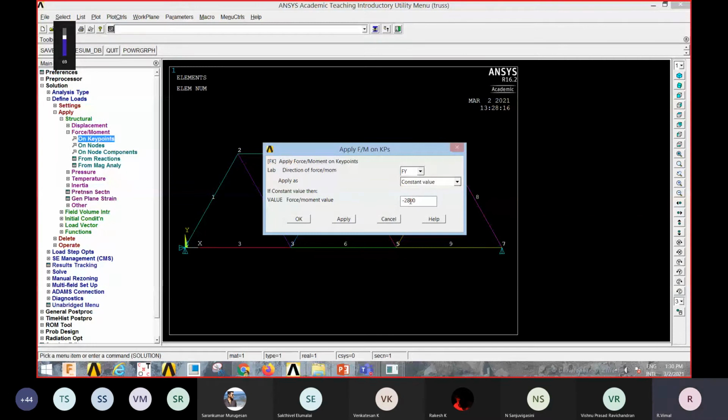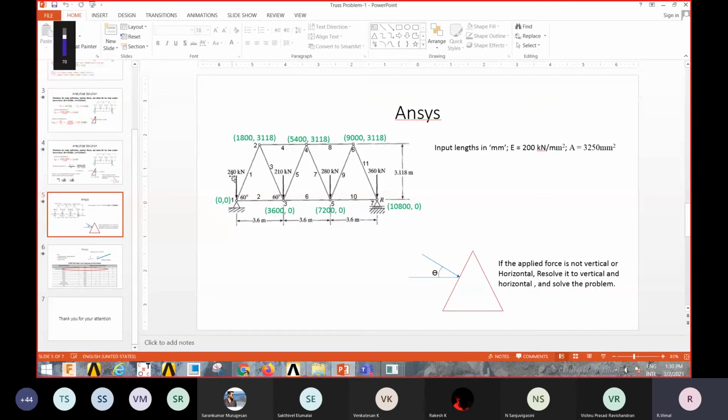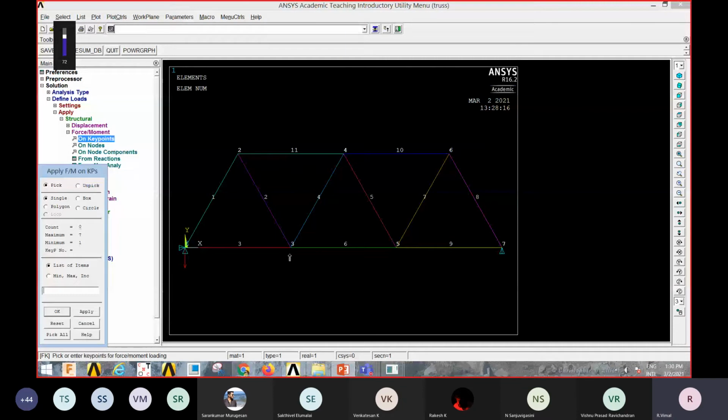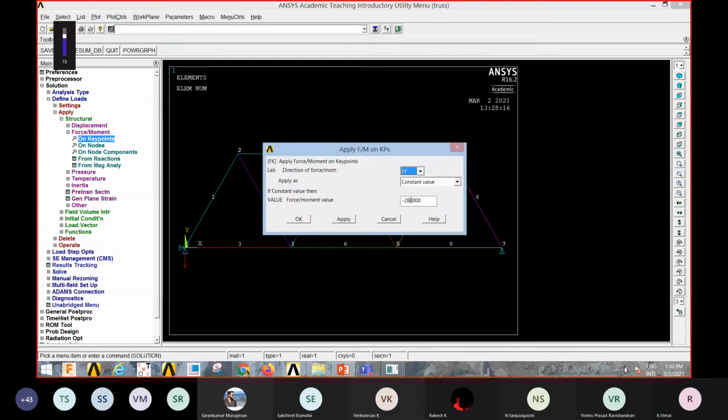It is 280 kilonewton, so we are taking it as 280,000. Apply. Next, again click on the next point and give the force acting at the next point, which is 21,000.